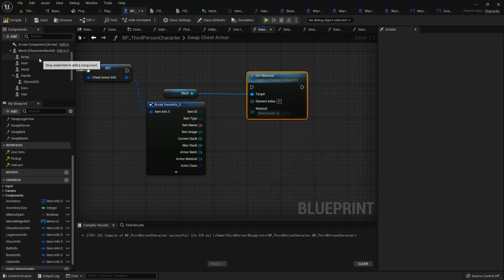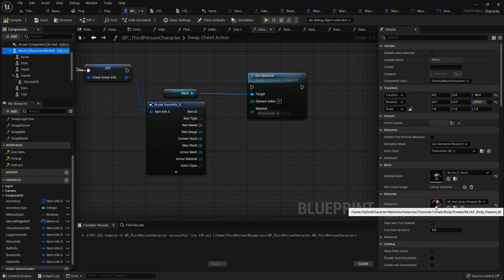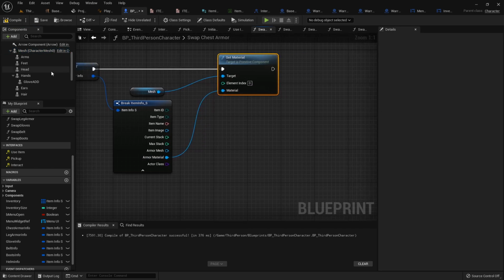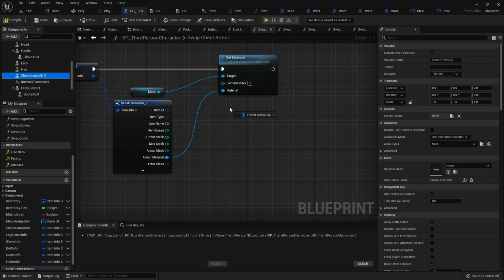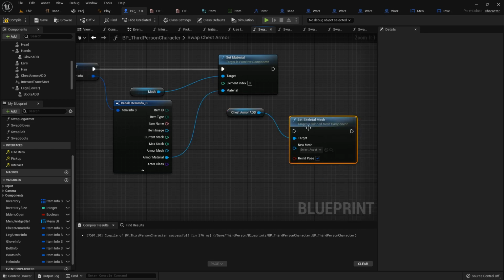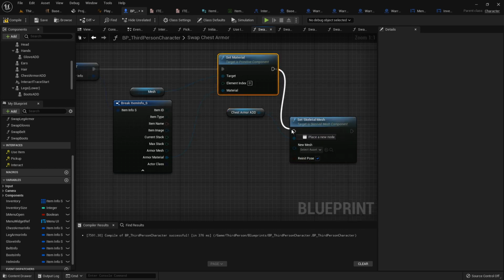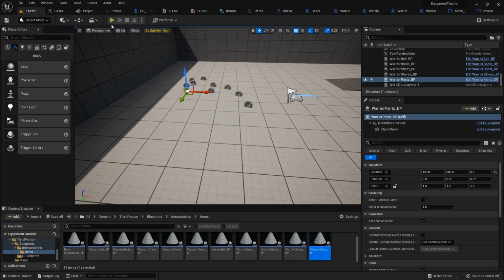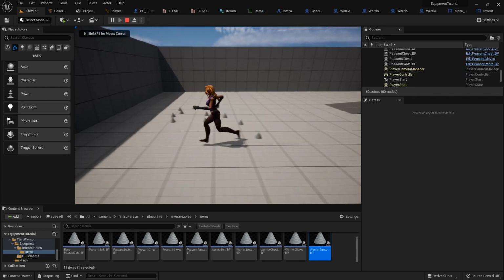I'm going to set the material, but I'm going to look real quick and see. Oh, it's only got one. Alright, so the armor material will go here. Plug that in. And then for my chest addition, chest armor add, we'll grab that and we will set skeletal mesh to the armor mesh. Huzzah! So now when I jump in,